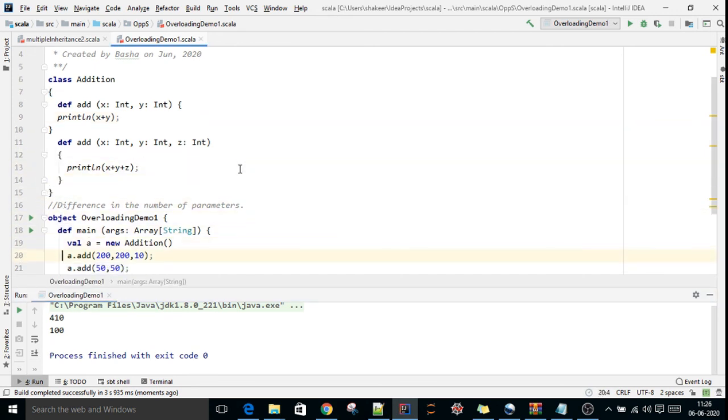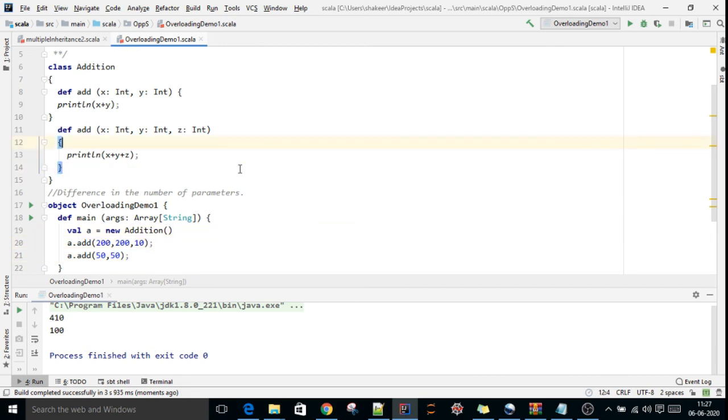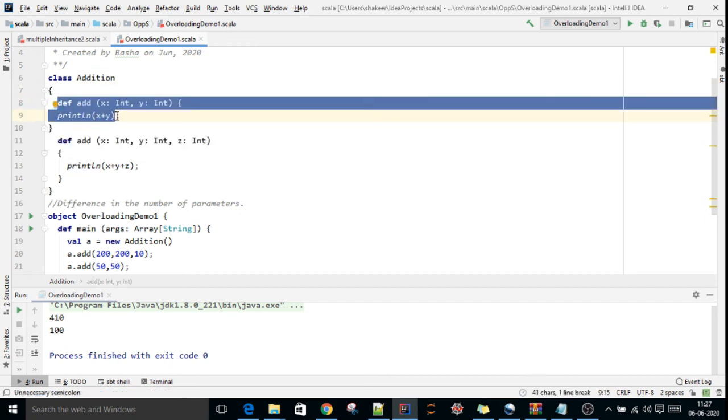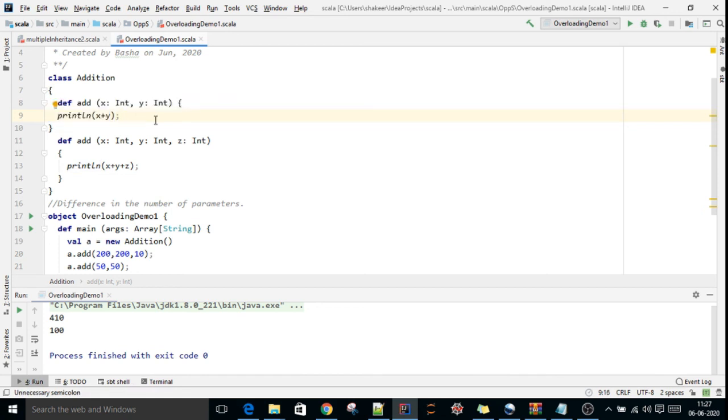As I discussed earlier, the use of overloading is flexibility. I am having two methods, but their functionality is different. Here it is a simple example. In projects, there may be different business logic. So the method name is the same, but the implementation and business logic are different. That is the use of polymorphism. Thanks.